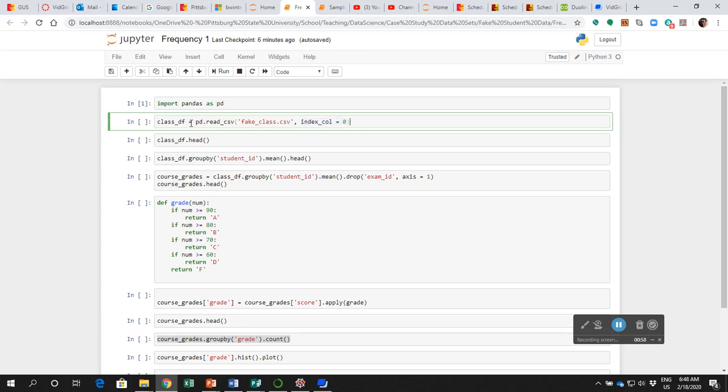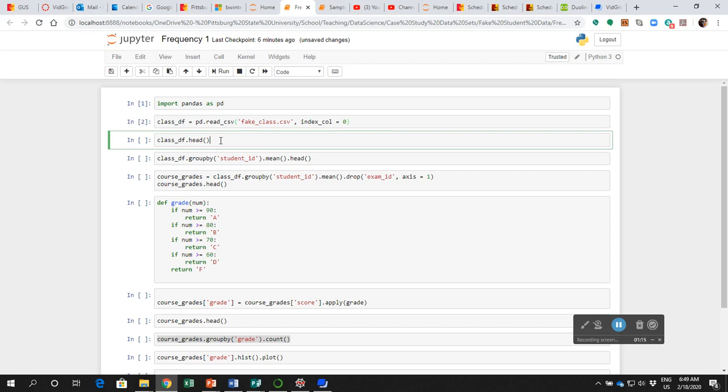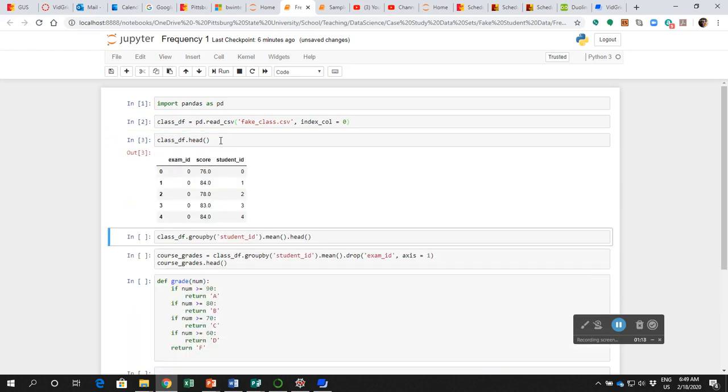So I just take pd.read_csv and store this in my data frame class_df. So shift enter, and it's in. What does this look like? Well, shift enter. The dot head shows me the first few rows, and the first column is the exam ID,